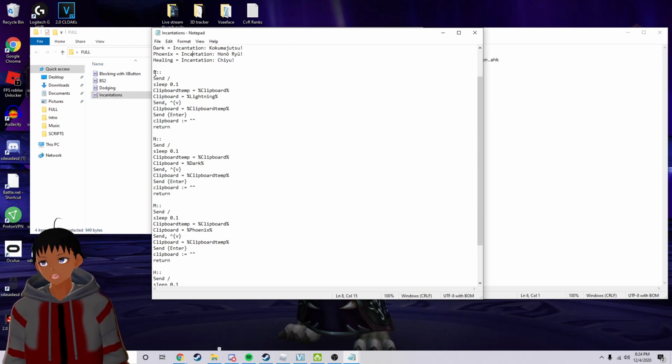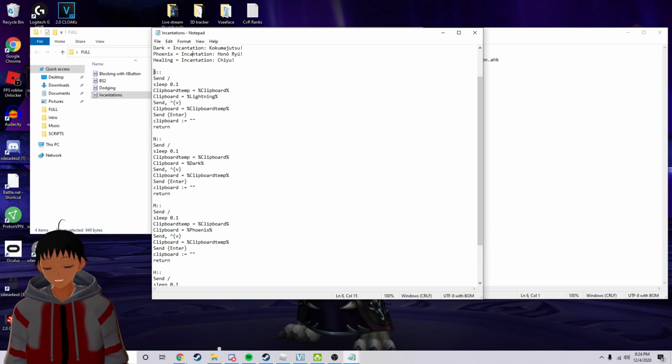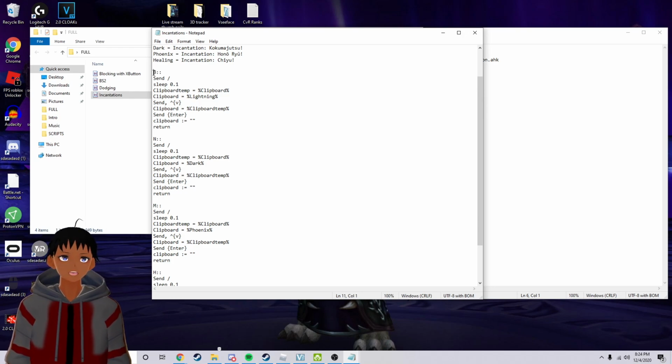So B is the initializer. You could also change all of your keys. So this is just my key stat, which is I think the most efficient. So B is the initializer. It's going to send the slash, which is to activate chat. It's going to sleep for 0.1 seconds. It's going to clipboard, which pretty much is going to copy and